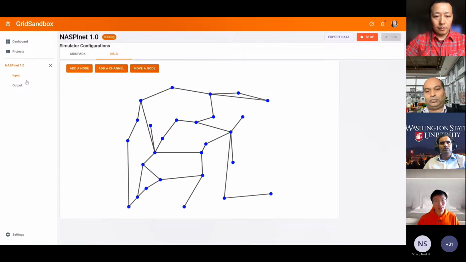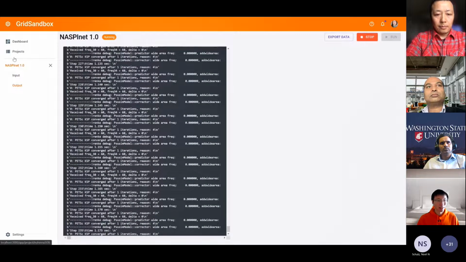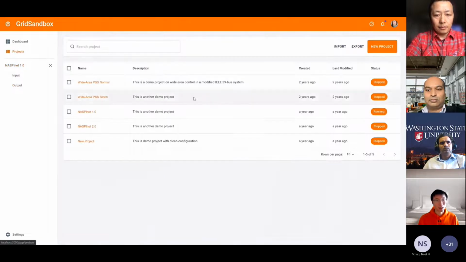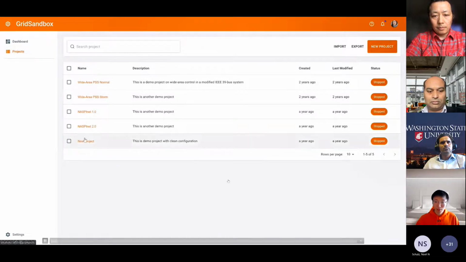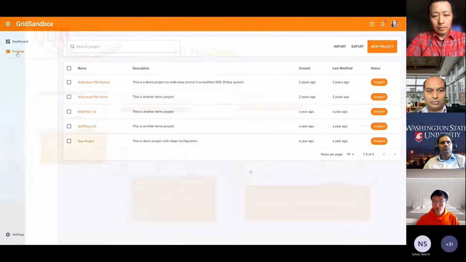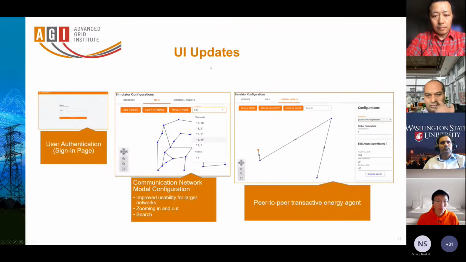And once we hit the run button, the project is built, the request is sent to the server, and it's built and run on the backend server. In addition to what the demo has shown, we've also developed the user authentication or sign-in page for